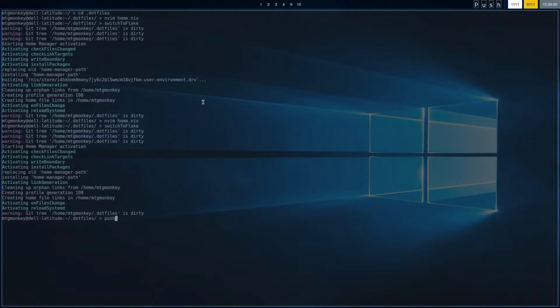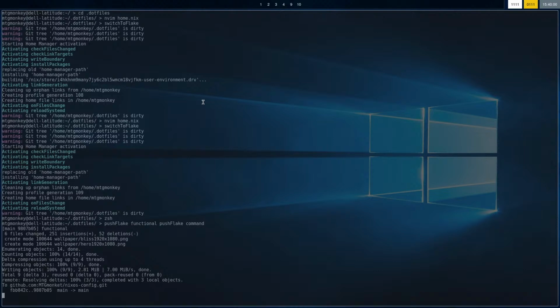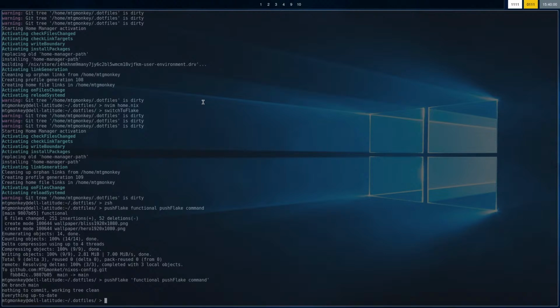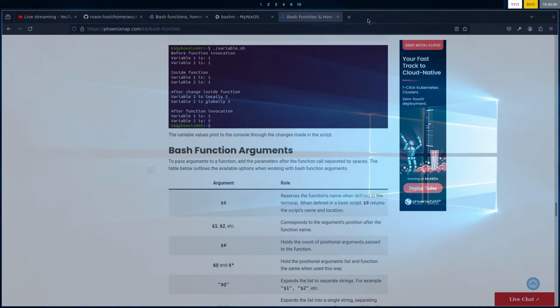So now we're going to push flake. Well, we need a new session. Push flake. What should the message be? Functional push flake command. Oh, oops. We want that to be in quotes. Okay. So if we go to